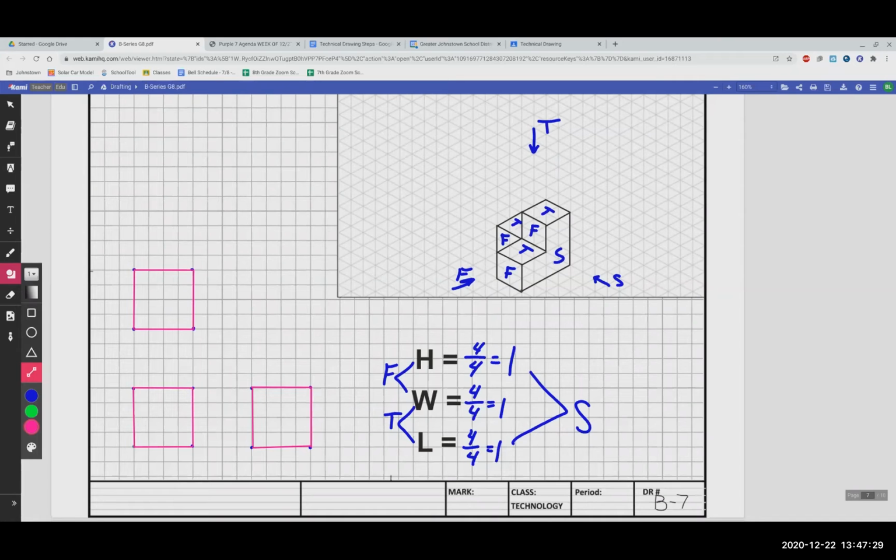So now that we have our 3 boundary boxes, we have to start putting our shape in. I'm going to start with my side view, because in my side view, I only have 1 section. In my front view, I have 3 different sections. In my top view, I have 3 different sections. So my side view. I'm going to just go around